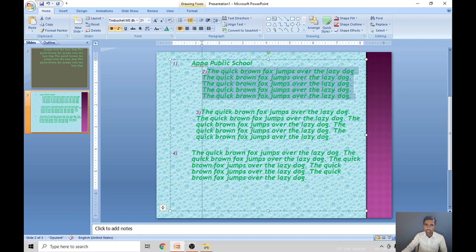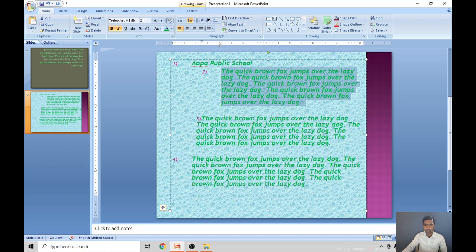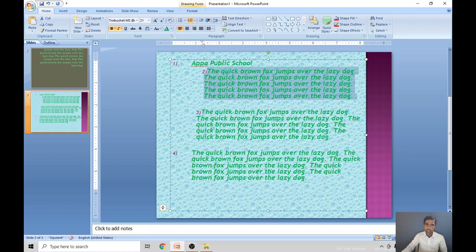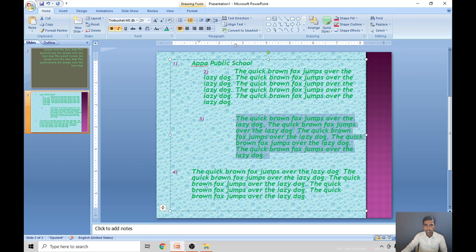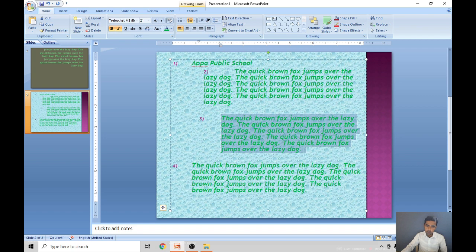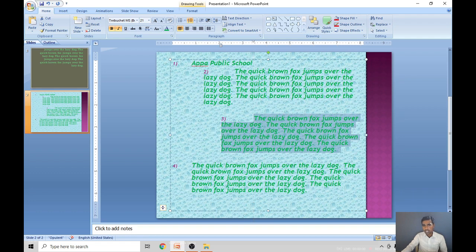See here, now I will move the downside one, it will move the whole paragraph, right? Understood, children, how it is moving? If I move only the upside indent, then it will move only the first line of the paragraph. See here once again. If you move the downside indent, the whole paragraph will move, right? Or else if you want to move only the first line, you have to move this upside indent mark. When you move the upside, it will move only the first line. When you move the downside indent, it will move the whole paragraph. Right, children, understood this much?